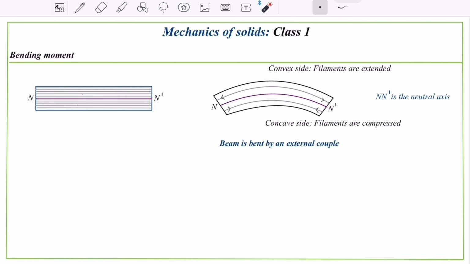Now I have drawn two filaments. One is above the neutral axis and one is below the neutral axis. Now the filaments, what happens to the filaments above the neutral axis? It is elongated, and what happens to the filaments below the neutral axis? It is compressed. So we can say the filaments above the neutral axis